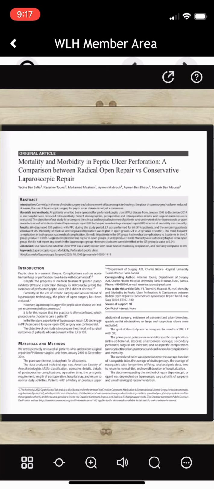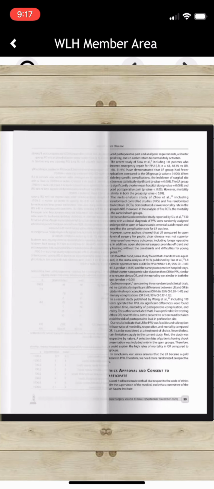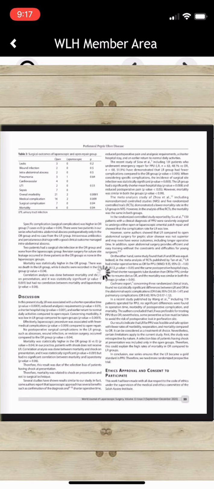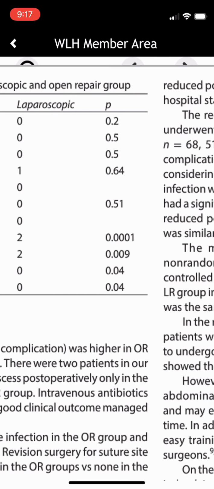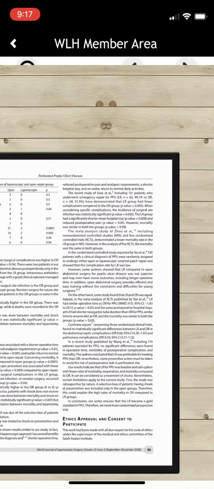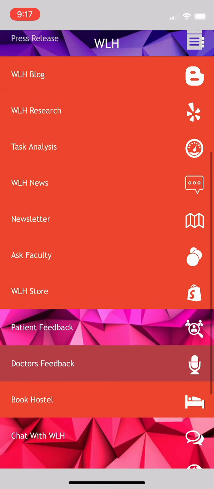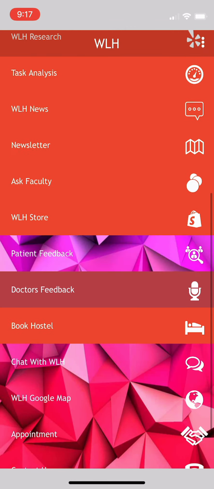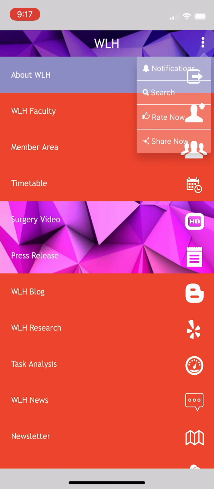Through the member area you can browse this journal also, and you can download it, and it has a very good readable font, so you can zoom in there, and then you can read it on your mobile app. Although it is better to read on a laptop or desktop computer, even with the mobile you can use it. So this was a short introduction of the World Laparoscopy Hospital member area.